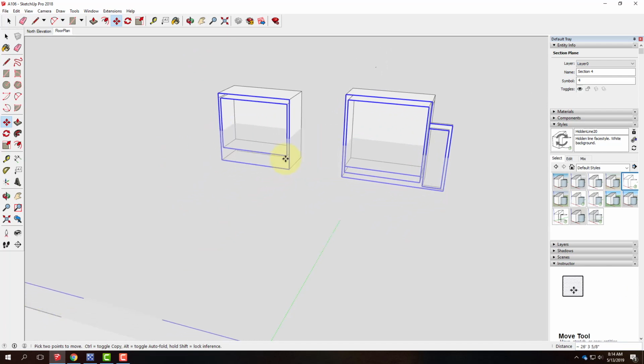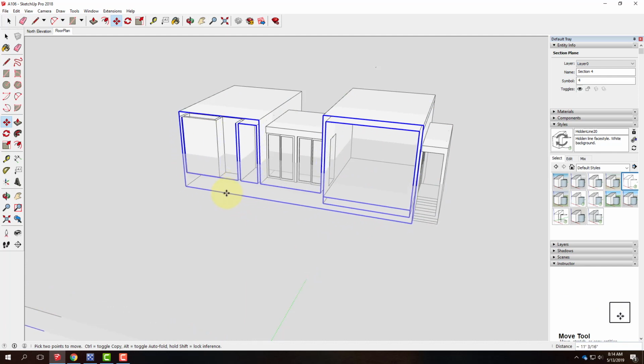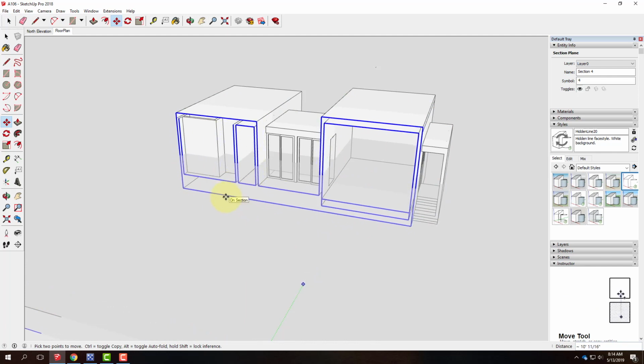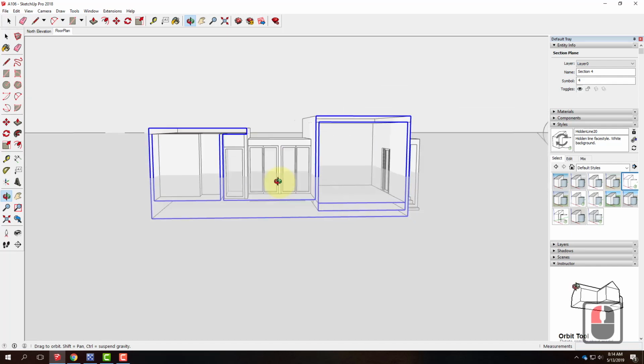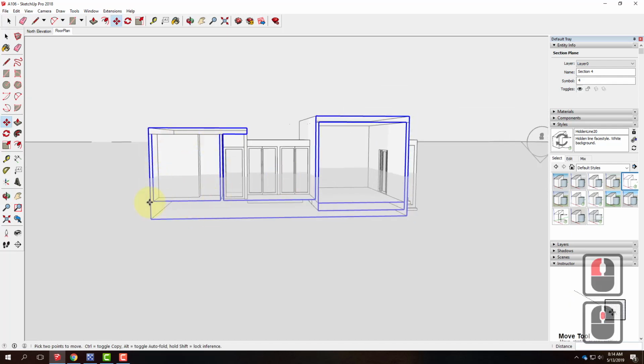There are a few other interesting places in the building that might be worth cutting a section. This one out here might be worth cutting because we're seeing some of the interior space and some of the exterior space. Maybe right there would be a fairly interesting section, because we're seeing this as interior and this as exterior. Could be interesting, and I might actually do that one today just as a variety,